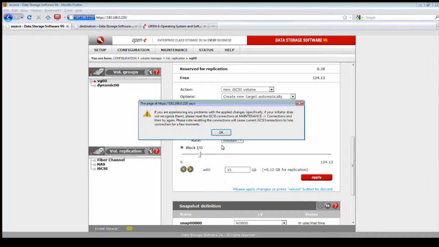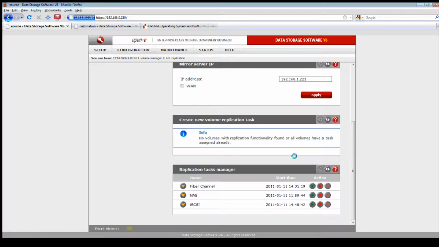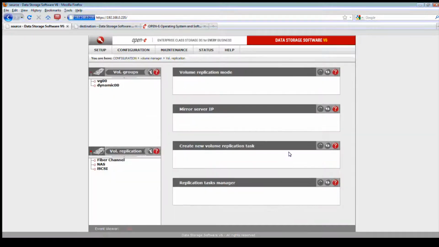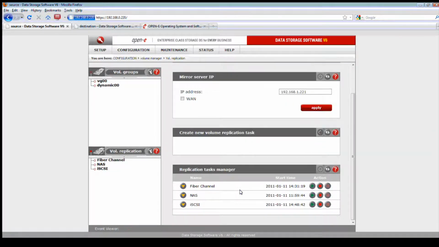Comes a point where a 1 gig is just not going to do it. When you set up a volume replication task, let's take, for example, this. If we take this and create an iSCSI volume, and we're just going to create a new target. We're going to set volume, and we're just going to set any value here. Let's just put 10, 15.